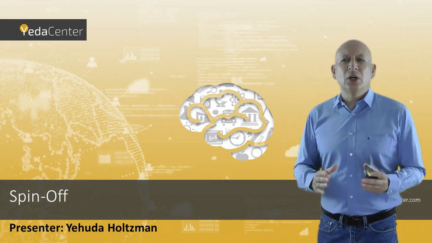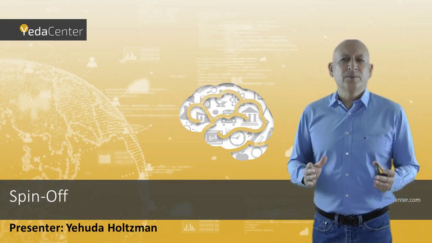Back to the issue, it is possible to sell a business unit or business activity which is not a separate legal entity. In such a case, we are selling an asset, referred to as an asset sale rather than a stock sale. So this was a brief explanation of what a spin-off is.